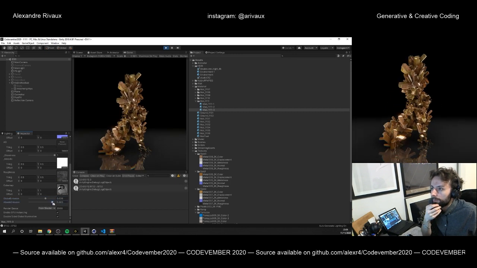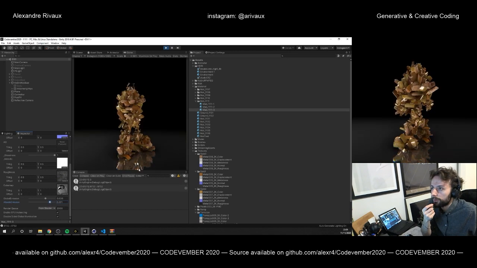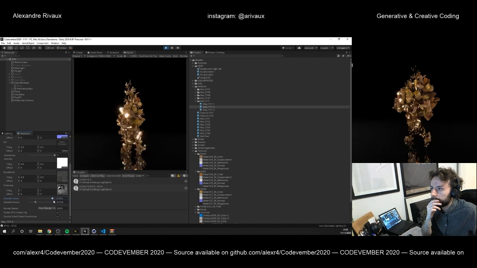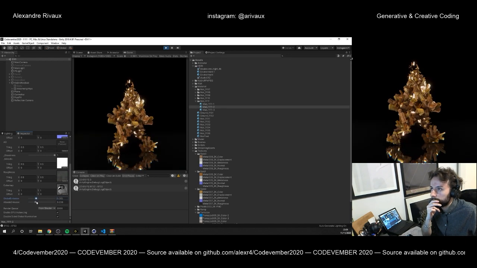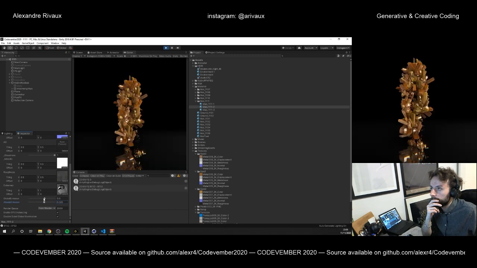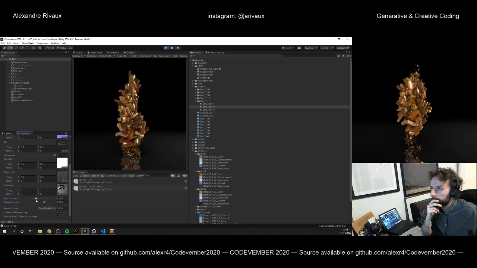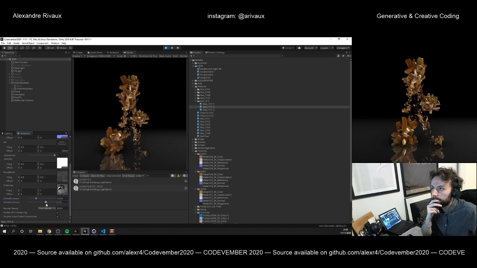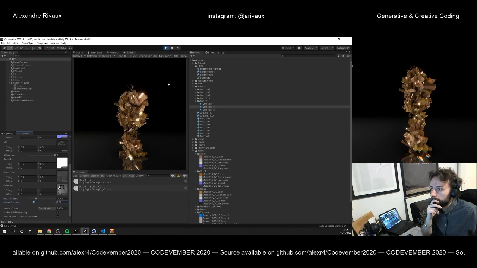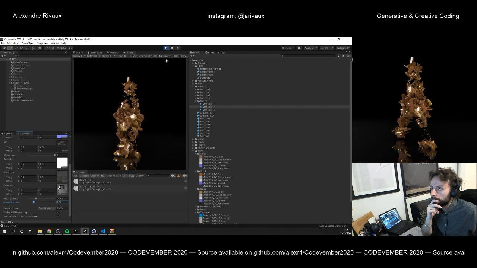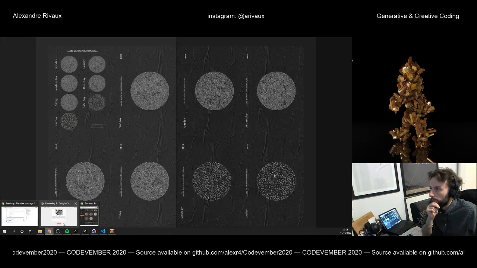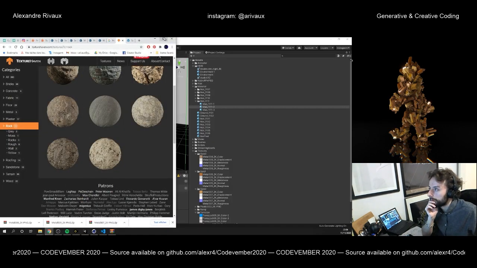It can bring a little bit of copper inside it, that might be interesting. So yeah, it's not what I had in mind, but